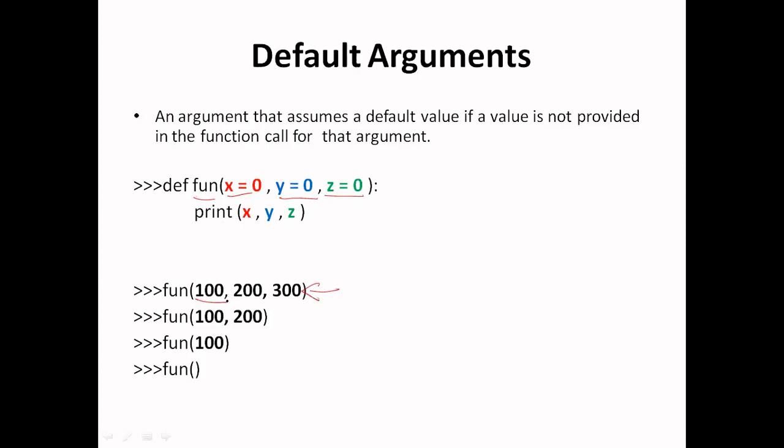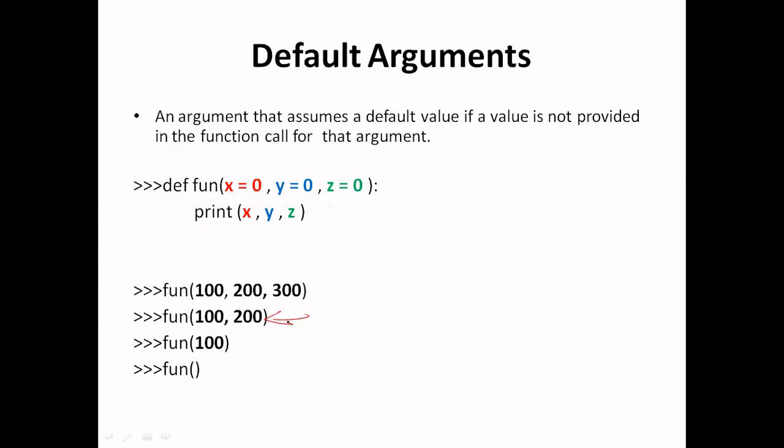In the first way, I am passing three values, as this function has three parameters. So at max I can pass it three parameters. The first value will be passed to this variable x, this 200 will be passed as an object reference to y, and this 300 will be passed to variable z. That means the variables x, y and z will have values 100, 200 and 300.